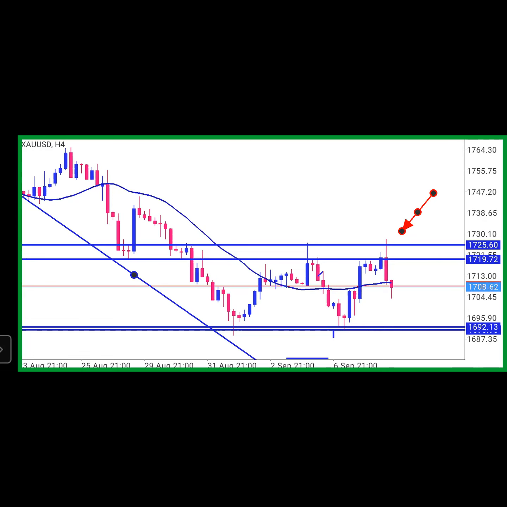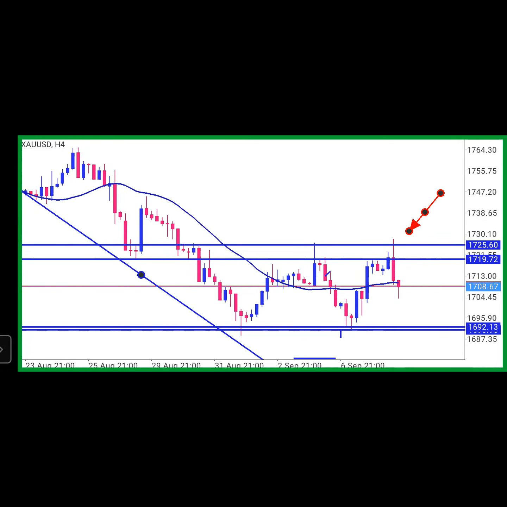On the H4 chart, each of these candles took 4 hours to form. So when this candle first opened, it was buying. I bought also. But I was targeting these edges because I know as long as this candle has not closed, it can still reverse back. So the best bet, for anybody that did not want to get caught up, is to wait for the H4 closing. By the time it closed, you now see that it closed back inside the range. At this point, you would have known that any buy was invalid.